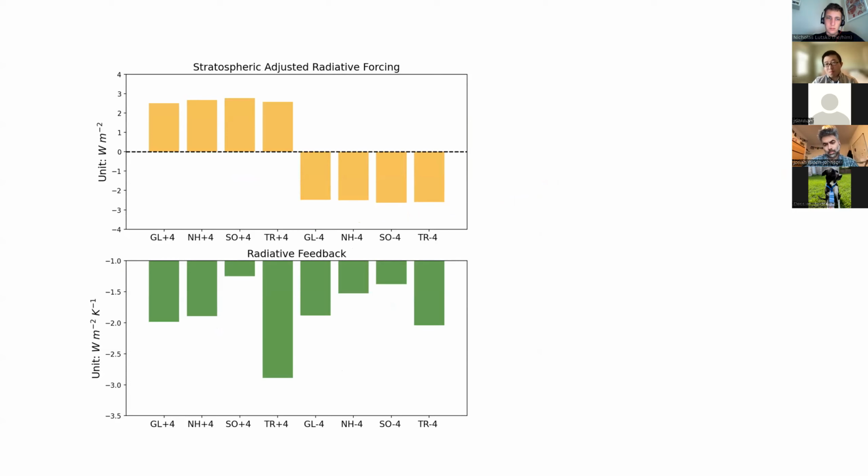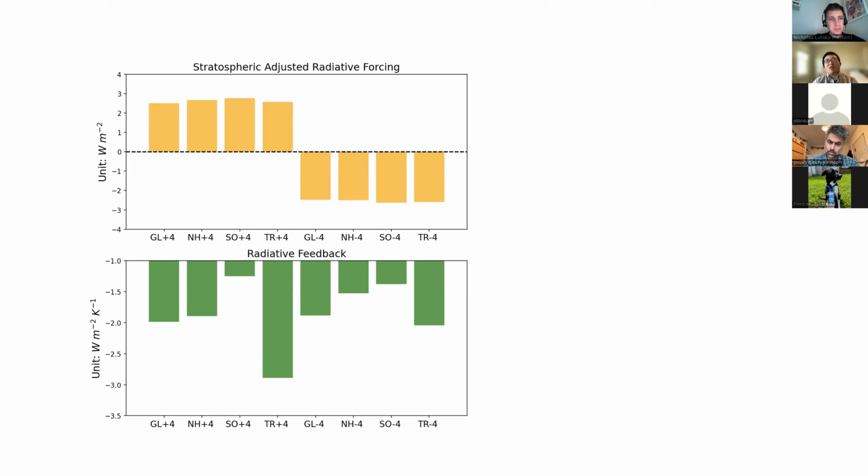We understand that the instantaneous radiative forcing is not the thing that matters for temperature change, but rather the effective radiative forcing that encompasses all the adjustments. And so the stratospheric adjustment is one piece of that, but there are all the other adjustments related to changes in circulation. So for me, it would be really interesting to know if you went to a full effective radiative forcing framework. One question would be, how different are the effective radiative forcings based on the location? But the other would be, do these large magnitudes and feedbacks persist?